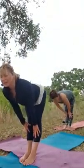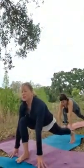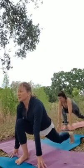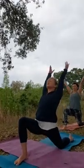Inhale, palms on the shins, halfway up lift. Inhale, lengthen. Exhale, palms come down, and I'm gonna send the right leg back. Come into low lunge. Looking forward, lengthening, then release that back knee, release the top of the foot. Lift up the arms, lift up the chest. And you can hold your lower back, supporting it here, or you can lift both arms all the way up,